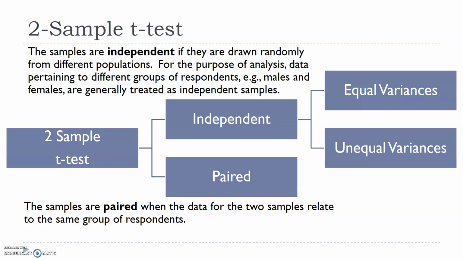When you talk about paired, it means for the same respondent, I'm collecting two sets of data, two points of data. Let's say some of us have done a blood sugar level test, before breakfast and after breakfast. For each respondent, I'm collecting two points of data. Before breakfast, I measured the blood sugar level. After breakfast also, I measured the blood sugar level. In that case, the sample is just the number of respondents.